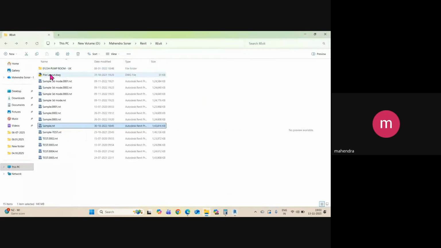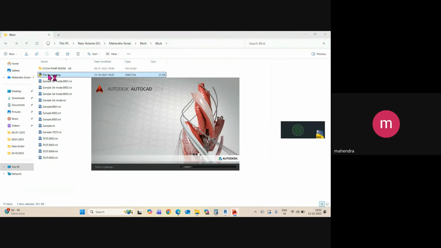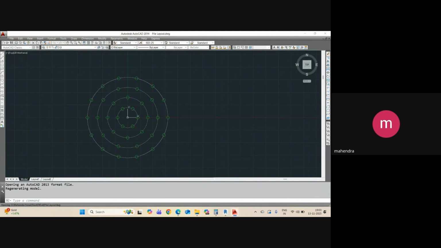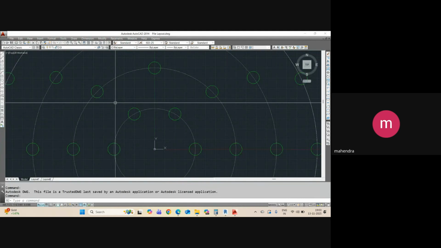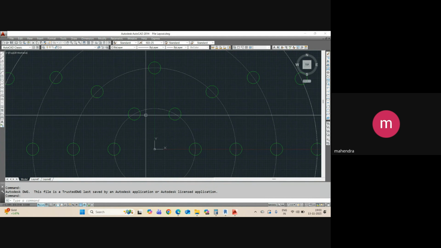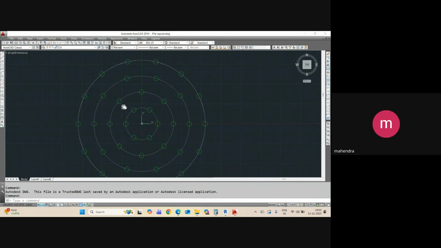So for example, if I open this CAD file, okay? So suppose this is my file layout plan, and I want to extract this file layout plan in my